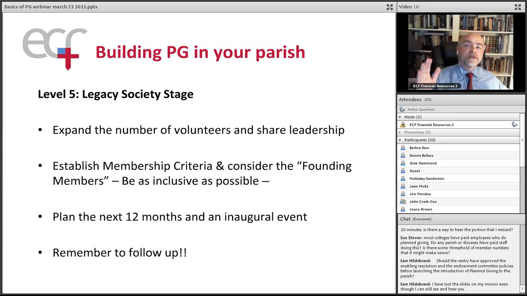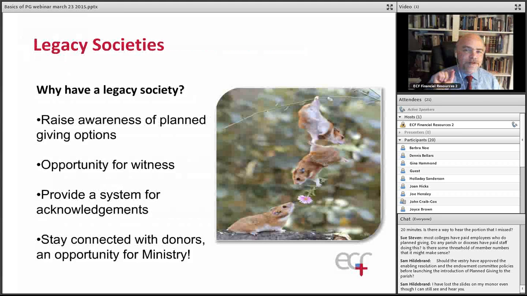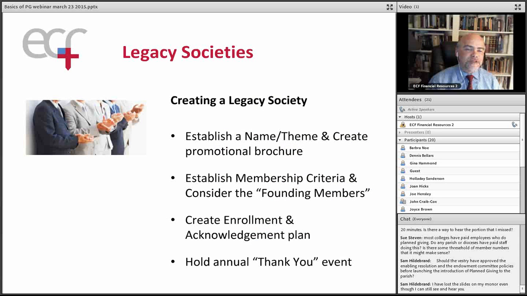And during that time period, let people know that anyone who notifies the parish during that time can become a founding member of the Legacy Society. It can really just push people that much sooner. And again, the main purpose of the Legacy Society is to celebrate, to say thank you, and to hold